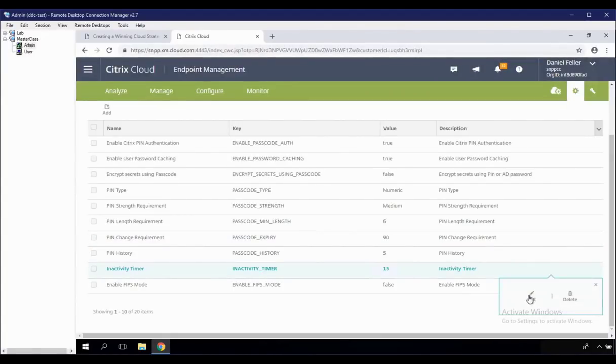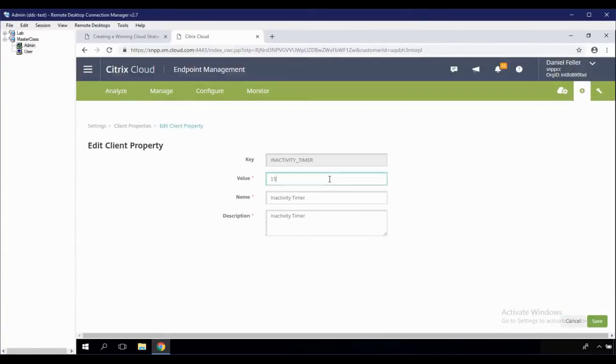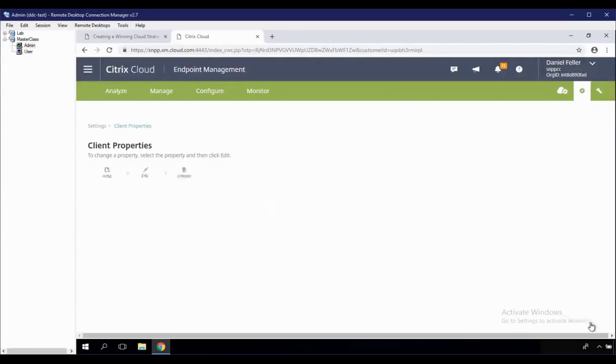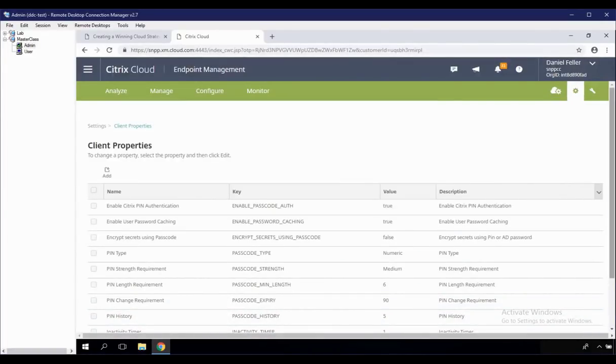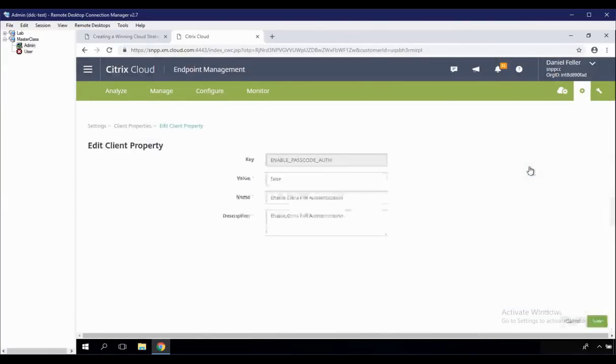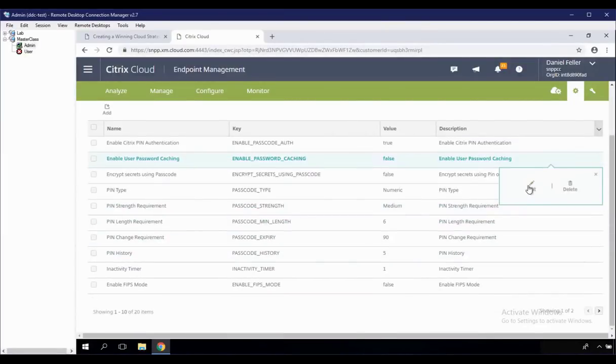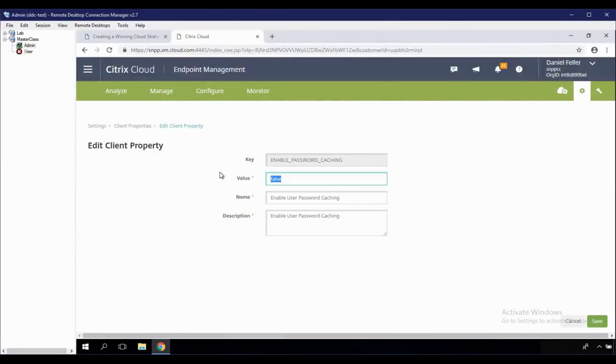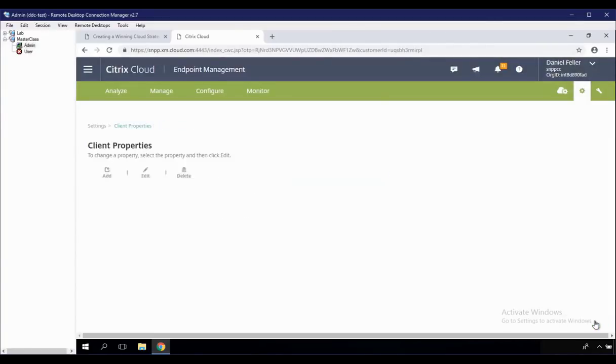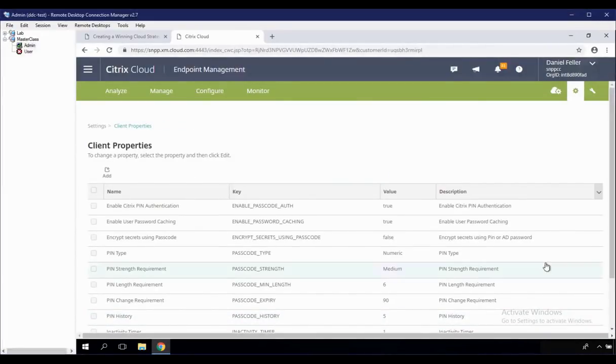So I'm going to make a couple setting changes here just for this demo purpose. I'm setting the inactivity timeout to only 1 minute instead of 15, so we can see when we require the PIN to happen again, based on how long you're idle. We'll also need to enable passcode authentication because we want to allow a PIN, a passcode, to be able to authenticate. And then when you do that, you also need to be able to do password caching because this will cache the password